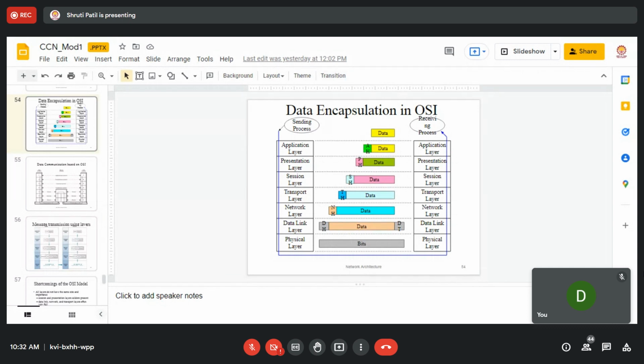The application layer will accept this data at the user end, and this data will be transmitted to the presentation layer. What is the presentation layer? I'm just repeating the example: you are searching for something or sending a mail, so you give your login credentials, like abc@gmail.com. The presentation layer is going to check the syntax and the semantics.